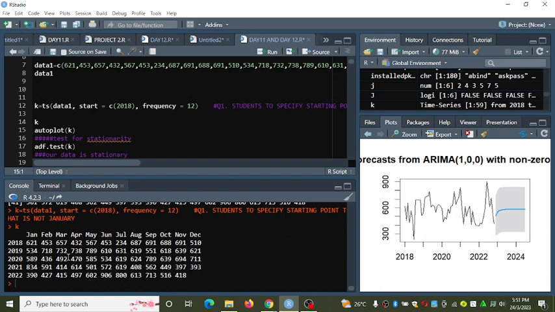We have converted data 1 from vector to time series format. So you can see here we have 2018 from January up to 2022 November.